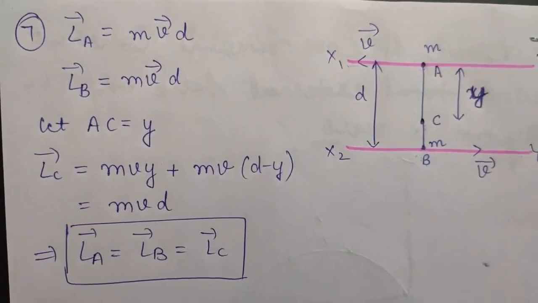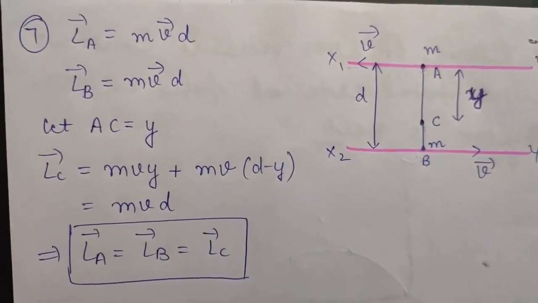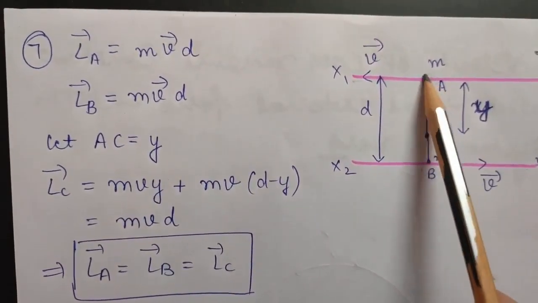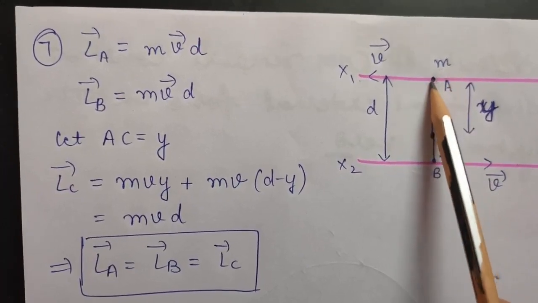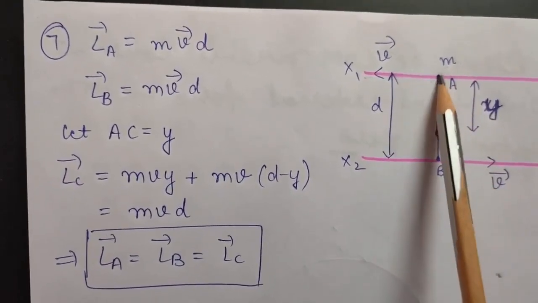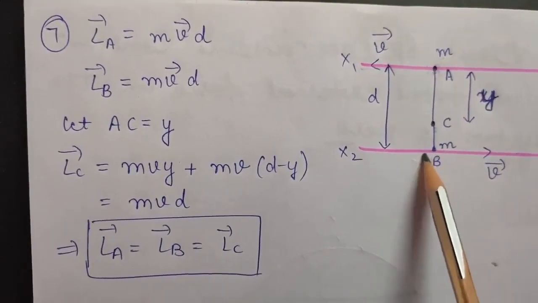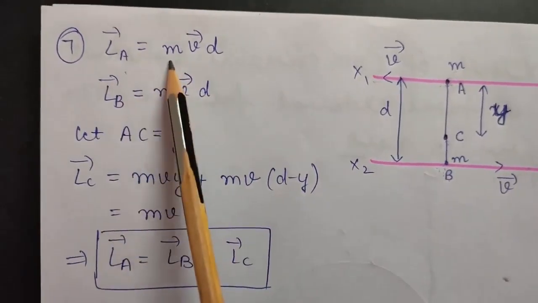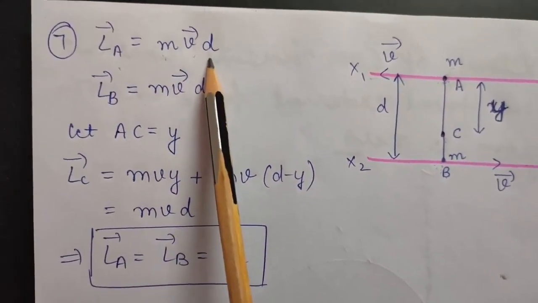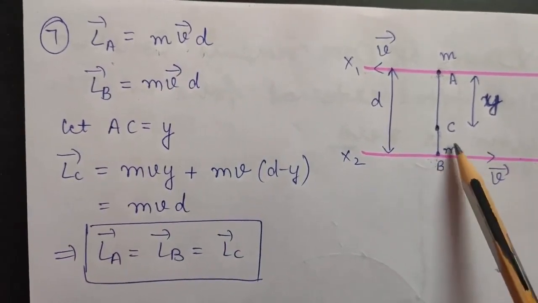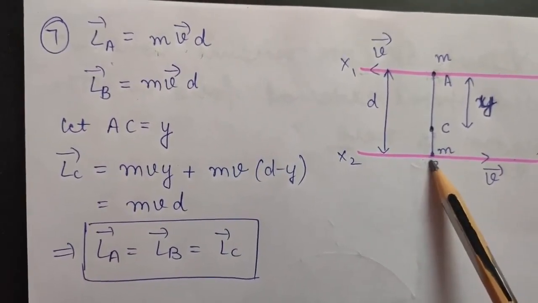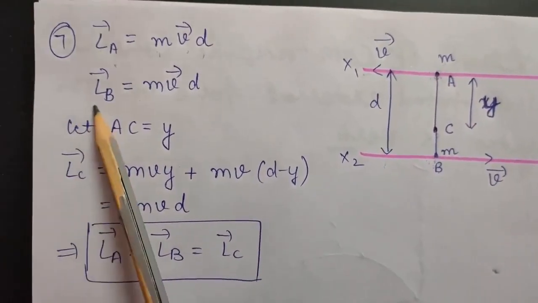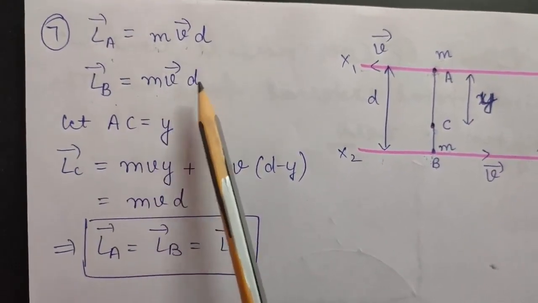Okay, so to calculate angular momentum about A first. So as you know, angular momentum is r cross p and p is mv. So basically L is mvr, right? So for point A, see, now for this m, the distance is 0 because it is at point A only. So for that, L will come to be 0. So another particle is at a distance d. So for this, angular momentum at A point will come to be mvr, that is mvd, right? Similarly at point B, for this mass distance is 0. So L will come to be 0. Therefore L will be again due to this, that is mv into d. Therefore, angular momentum about B point will also come to be mvd.